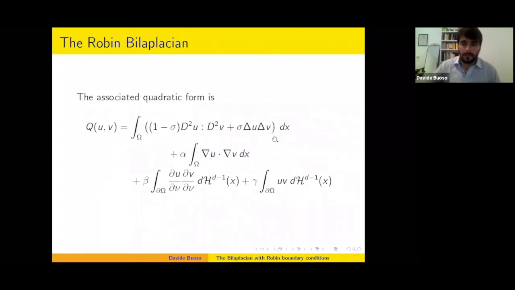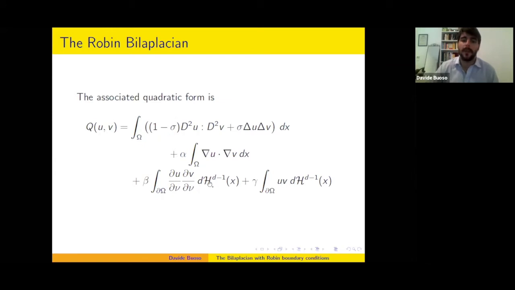You see that here you have the second order, the leading terms, where you have the appearance of the Hessian and of the Laplacian, and here you have the sigma parameter, the Poisson ratio. Then you have the tension, the stress perturbation here. And finally, you have these two boundary terms. The one in beta is a term concerning normal traces, while the one in gamma is just, say, the usual